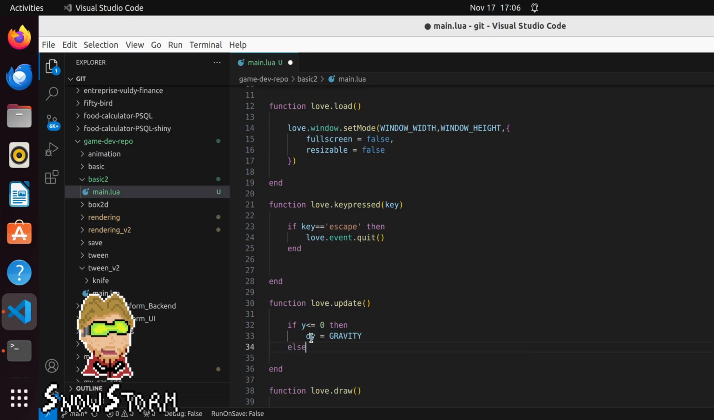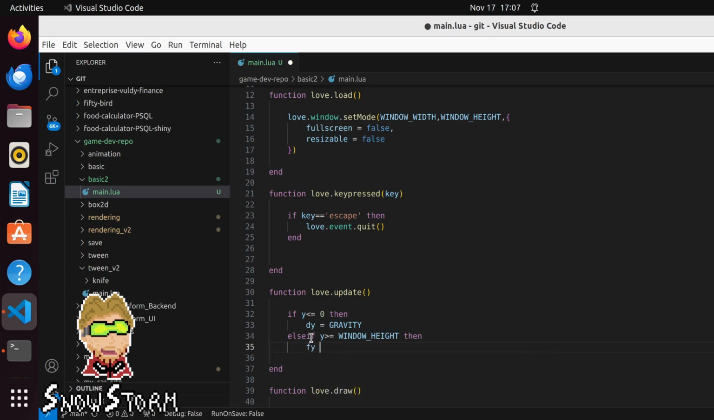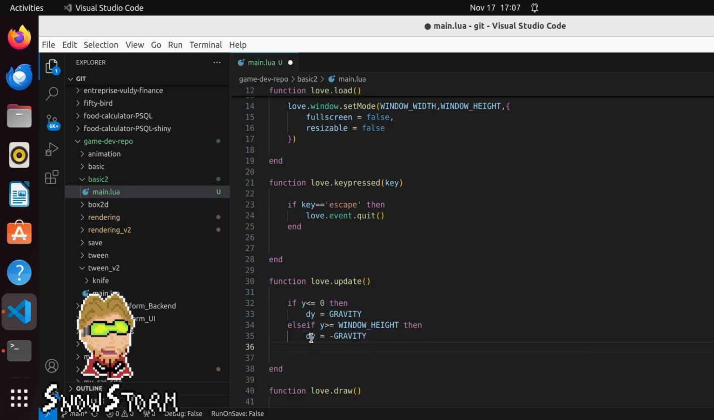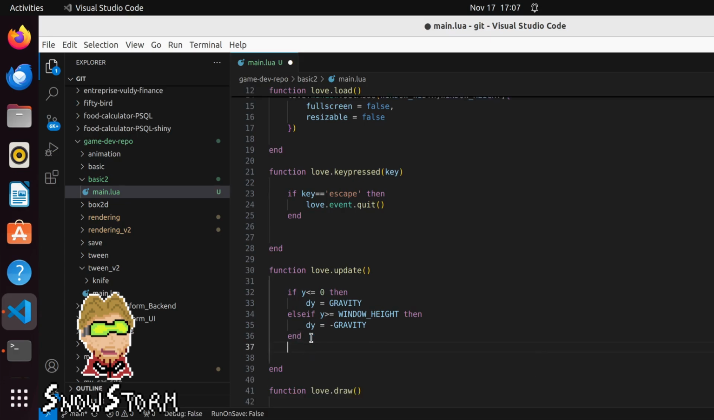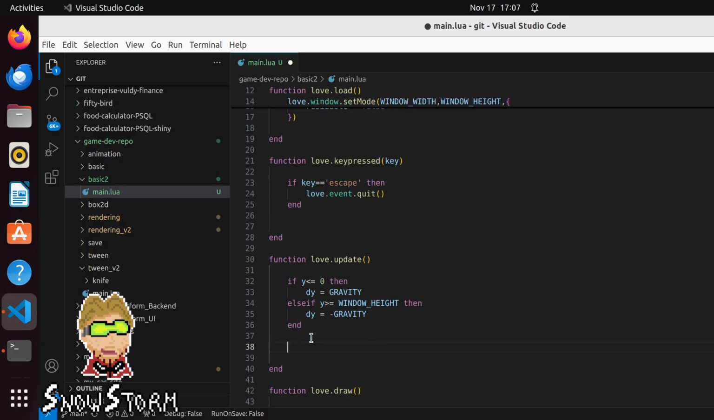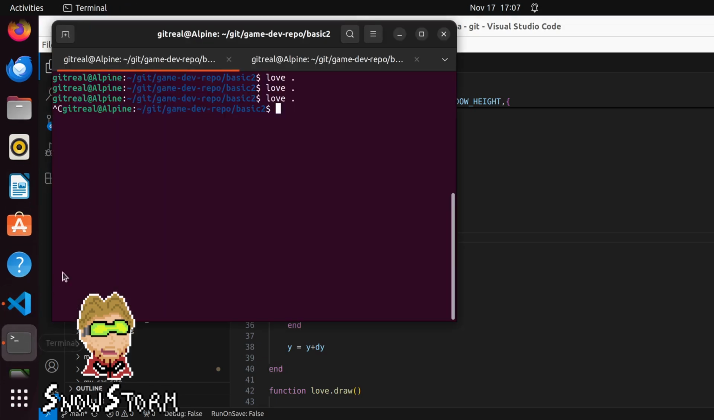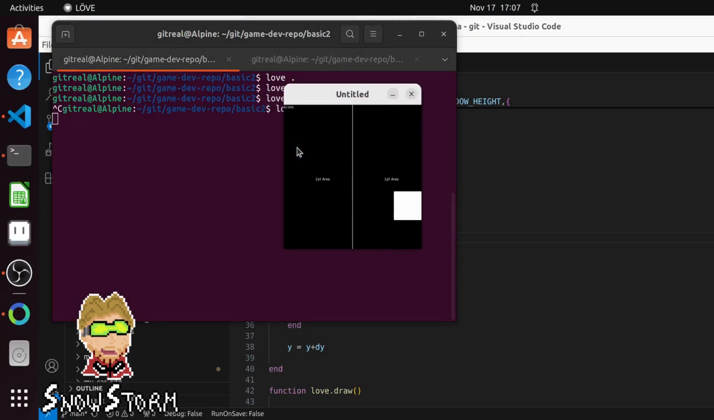And if we want to bring the box back up, if y is greater than or equal to the window height, then dy is going to be equal to negative gravity. So essentially y will become a smaller number. And so we need to make our y change, so we're just going to do y plus dy. Perfect. Now we'll see that the box is going to move up and down,